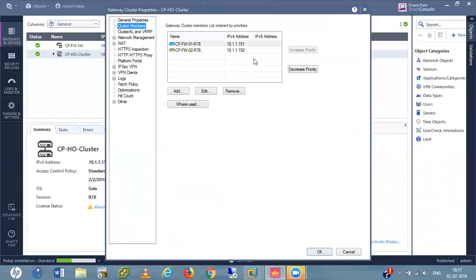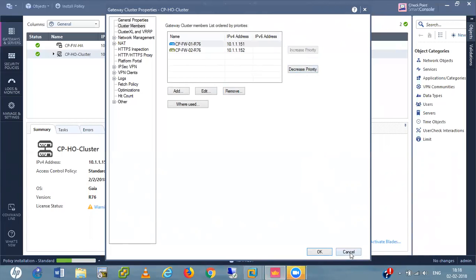We select this one and here we give decrease priority, or if we want to increase priority, increase priority on the first firewall. Like that, if we add this one, then this will become the first firewall. If we add this later, then this is the second, right? So we can increase and decrease according to this.